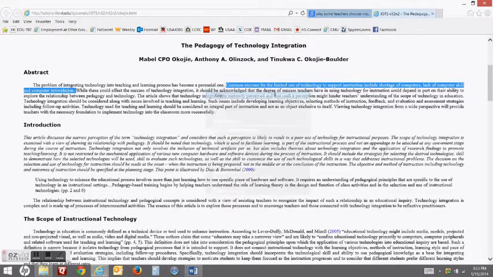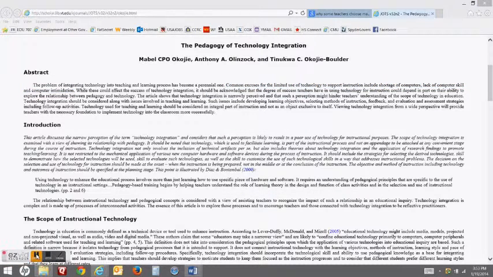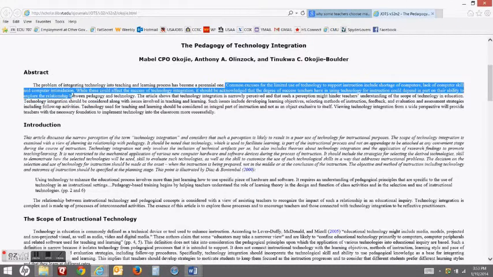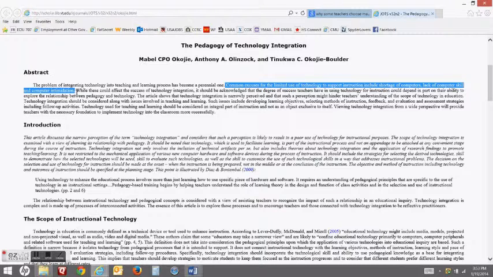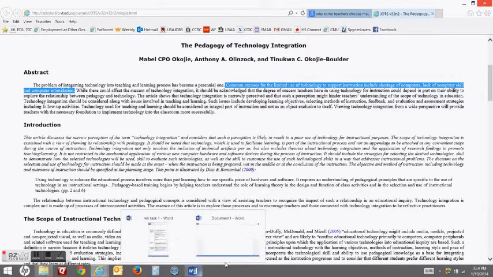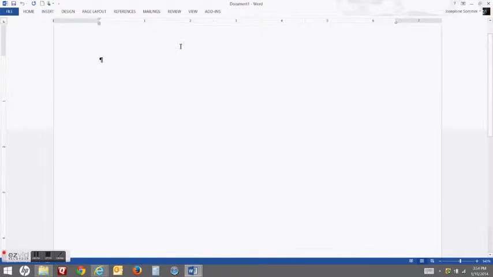So what I'll do is I'll take this and I'll copy it. As I said, I'll go and highlight it and copy it, and then I'll open Word. So let me get down here to Word.